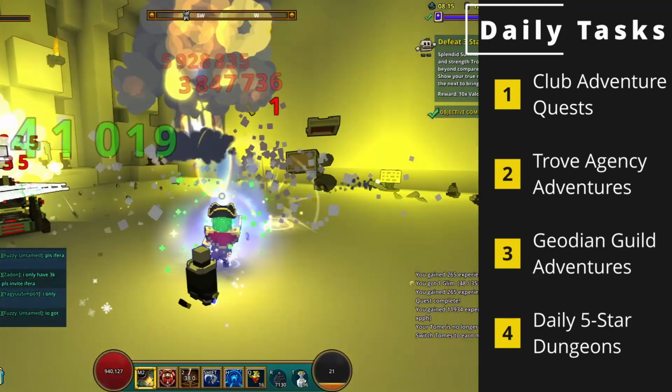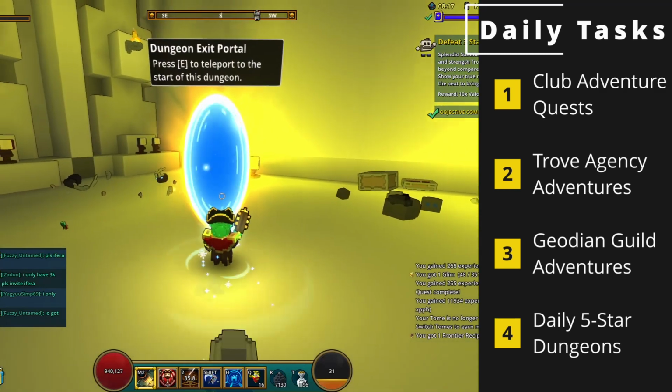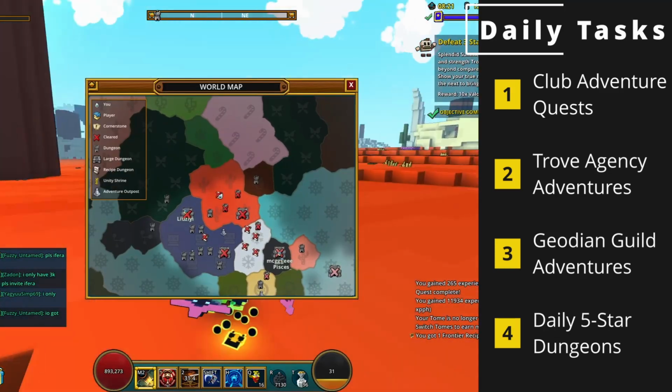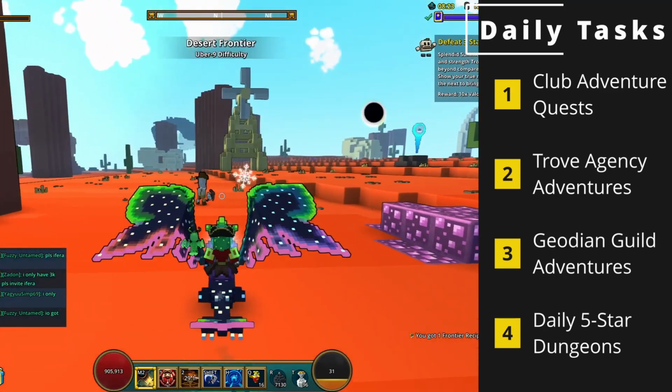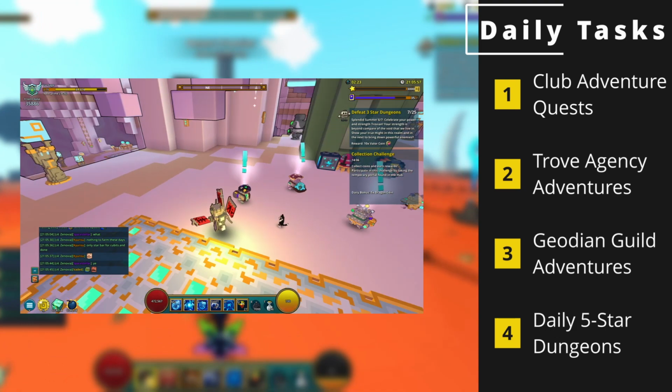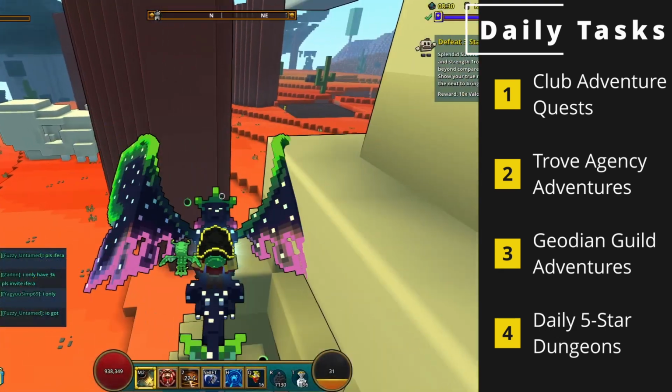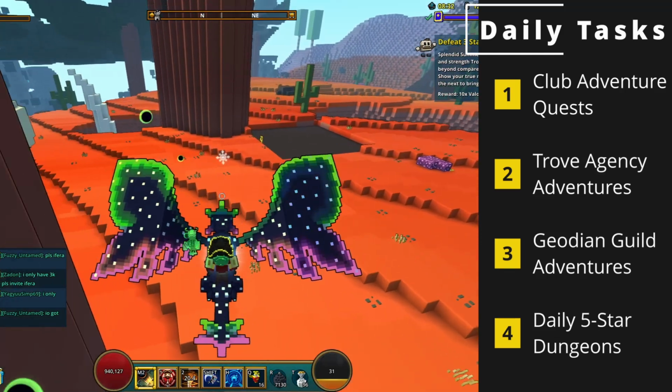Each of these quests can be completed once a day, so I advise you to work your way up the worlds completing each of their quests. Next are the Geodan Guild adventures, which can be picked up from these 3 fellas. You have a limit of 5 total quests from these guys, and you can mix these 5 quests up whichever way you desire. I usually find the critic quest to be the easiest one to complete, so I just do